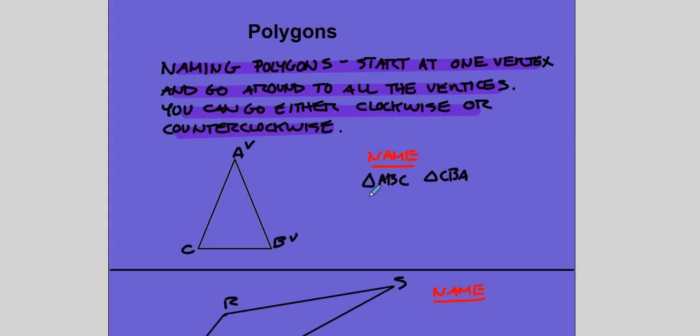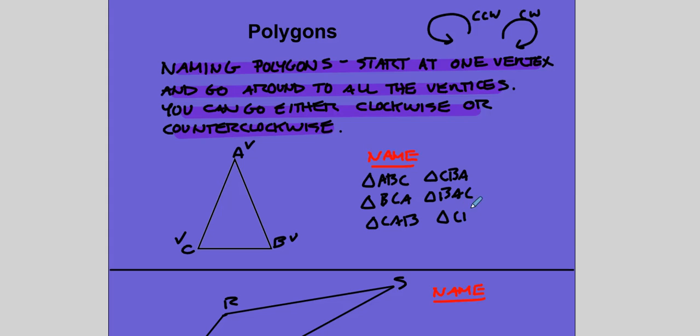By the way, clockwise is rotating this way, CW for clockwise. Counterclockwise is rotating this way, CCW. That's the way a clock runs, clockwise. Okay. Now if I start at B, I could go clockwise, calling it triangle BCA. And then I could go backwards, counterclockwise, and call it triangle BAC. Then I could start at vertex C. If I go clockwise, that's triangle CAB. Going counterclockwise is triangle